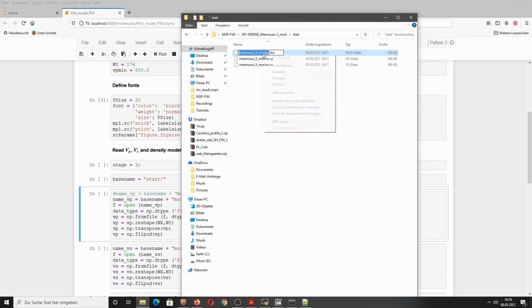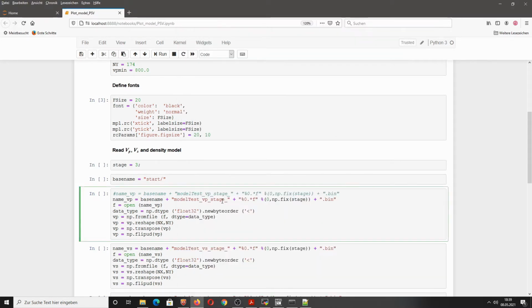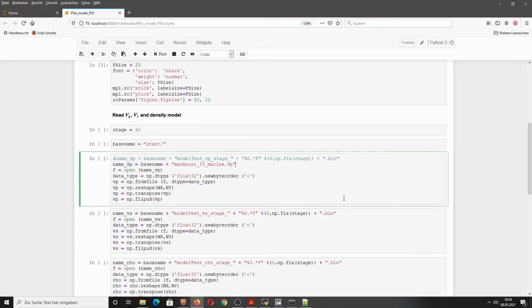Simply rename that and simply copy the name. And then define this as a string. So basically it's base name plus an additional string. Something like that. Point VP. So this is the name of the p-wave velocity model.